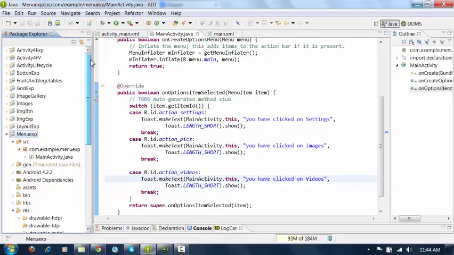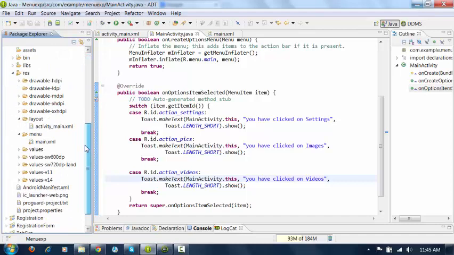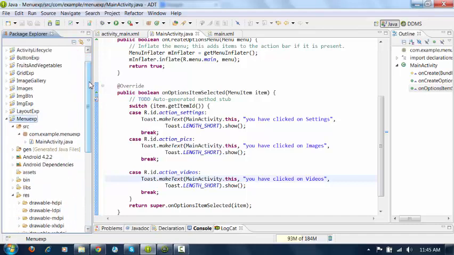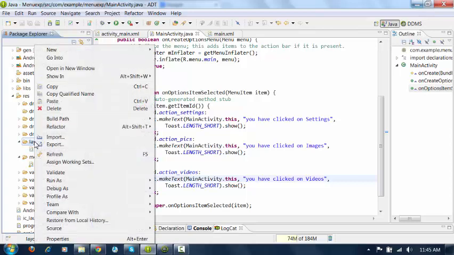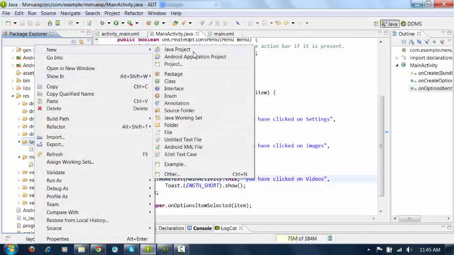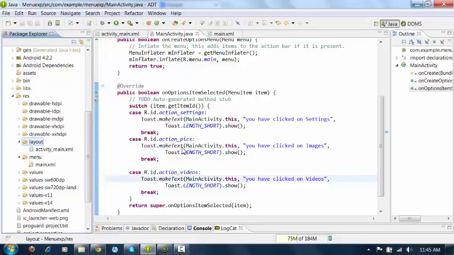If you want to do that, the first step is you have to create the page. How to create the page? You have to create the XML file first. So go to your layout. Remember, here we are not creating the menu, we are creating a separate page. Go to layout, create one new XML file. Select Android XML file.